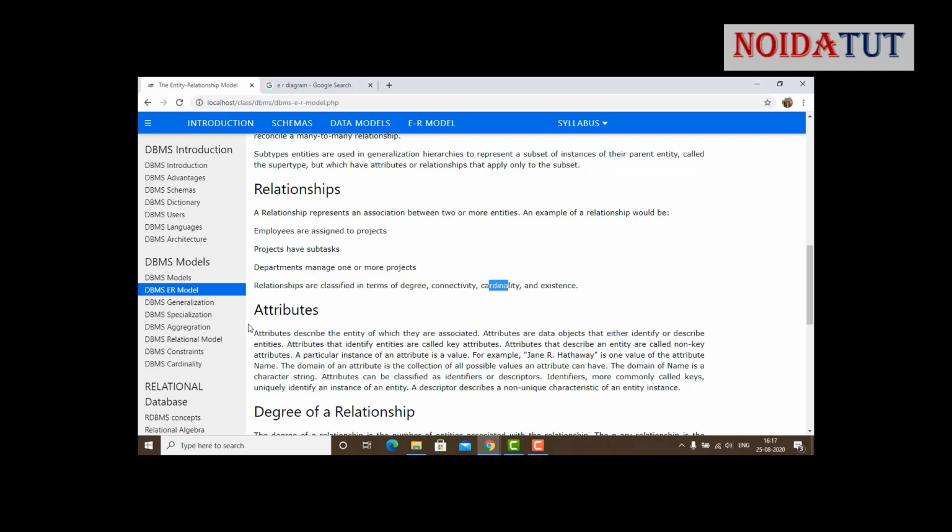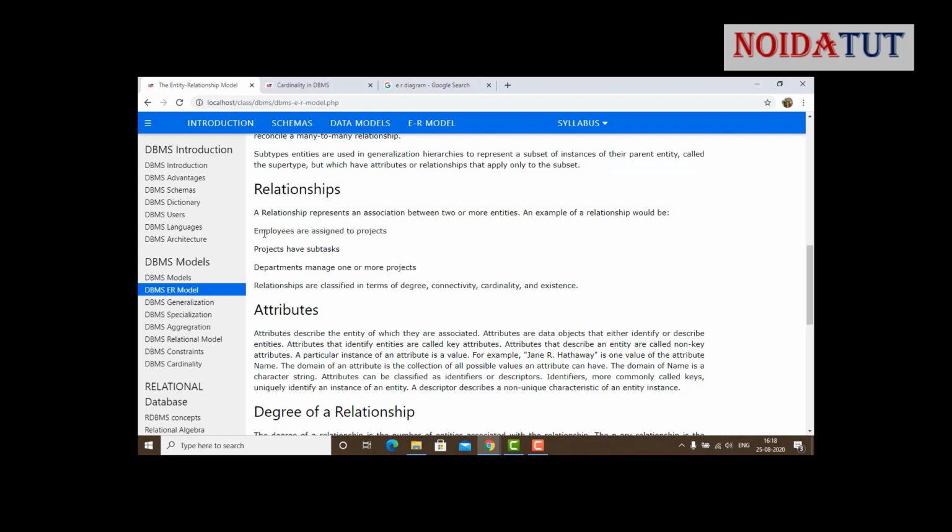Cardinality, which we are going to see further. Now, when we are talking about every relationship, just like we talk about the relationship of a father, for example a man and a child, what we have to manipulate is the degree and connectivity of the two entities. This is how we manipulate the relationship.